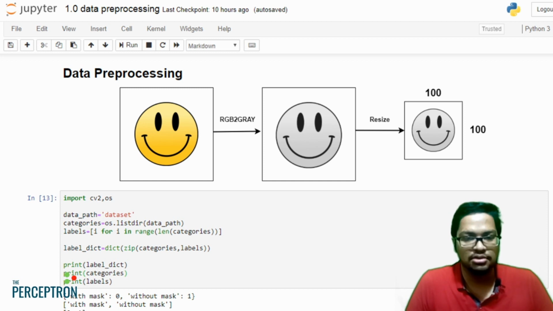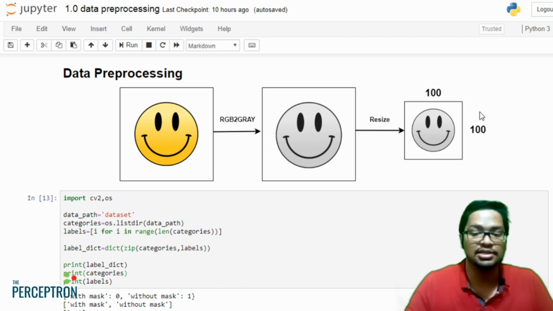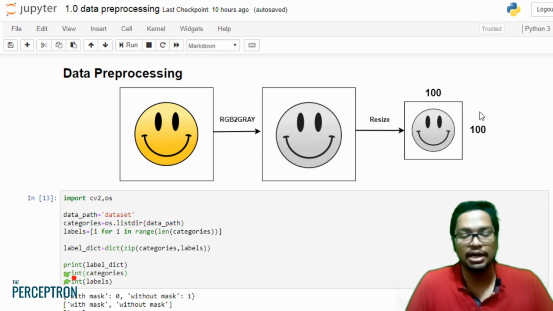So in this one, this dataset consists of images with different colors, different sizes, different orientations. So what I'm going to do, I will convert it first to a grayscale image. So I'm assuming that the color is not that much of a critical feature for detecting mask. So therefore I'm going to convert it to gray, and thereafter I'm going to resize it to 100 by 100, since we need a common size for all images before applying it to the neural network.